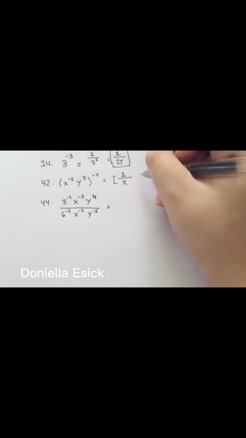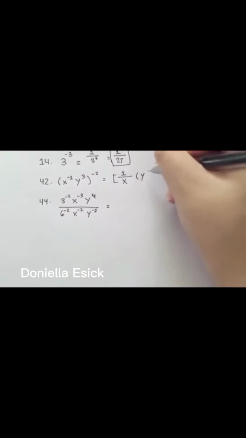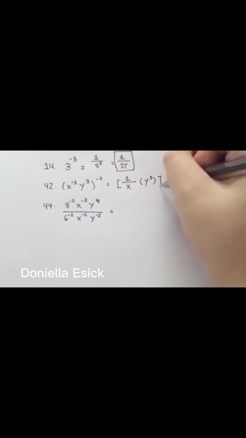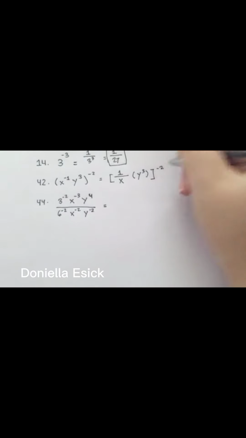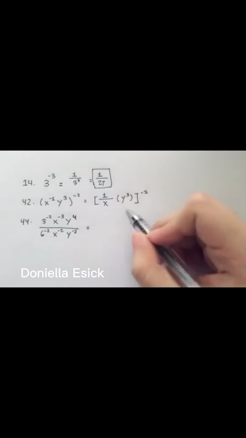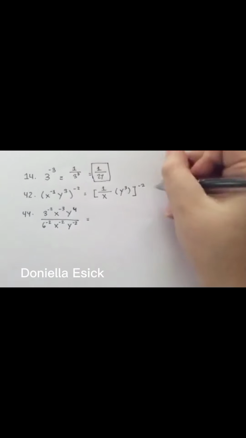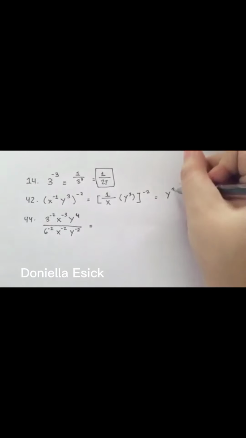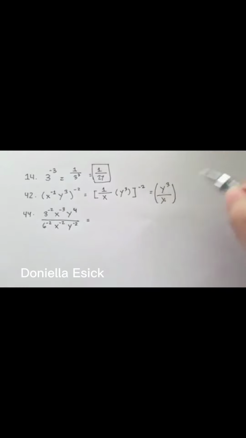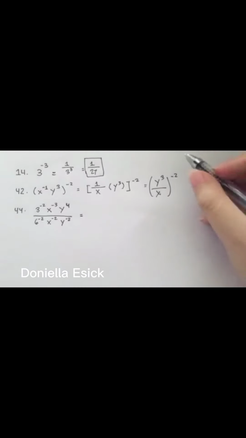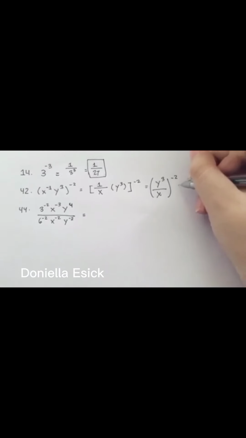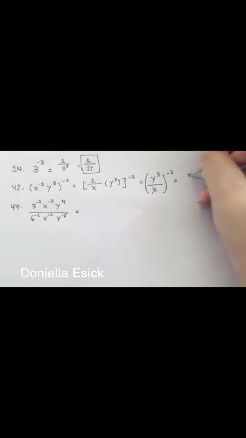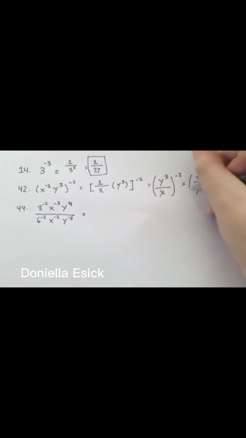Then copy y raised to the power of 3, and as well as the negative exponent, which is negative 2. And then multiply y raised to the power of 3 to 1. So equal siya of y raised to the power of 3 over x. And then copy as well the exponent negative 2. So since negative man siya nga exponent, we're going to get its reciprocal. So x over y raised to the power of 3, and then